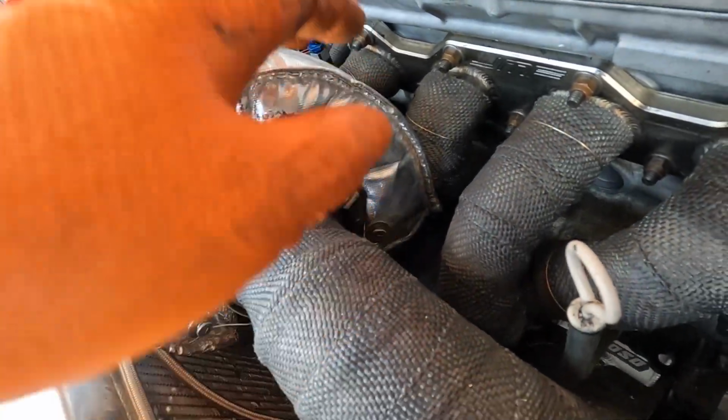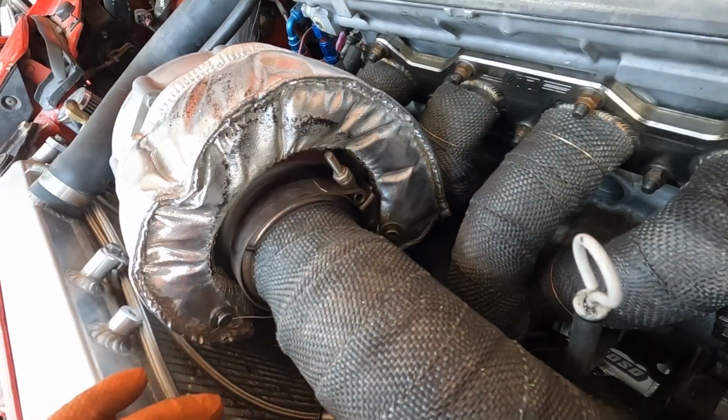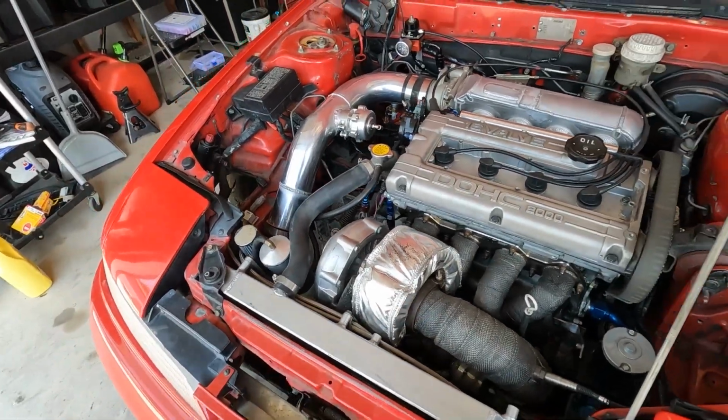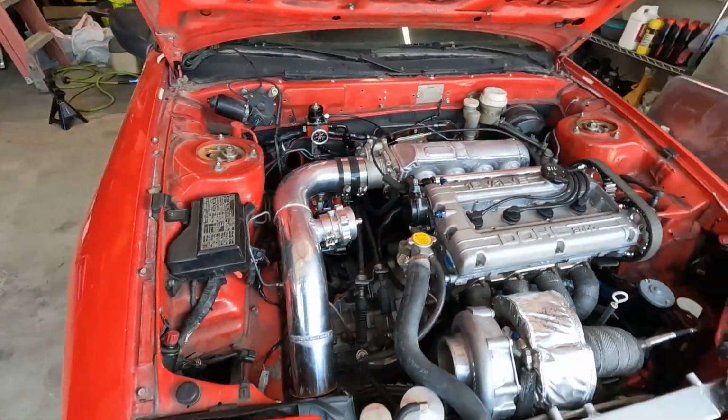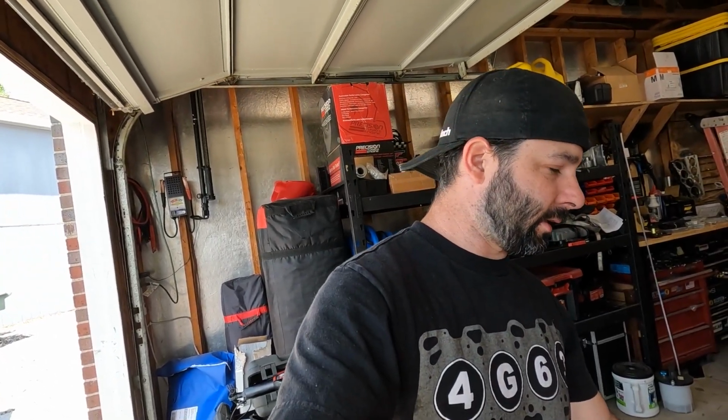And then I don't know if the turbo to manifold is leaking. It's kind of hard to tell because I think it's leaking out of here, so it's hard to tell if it's leaking out of there. I don't want to have to pull the turbo off to swap out that gasket. So